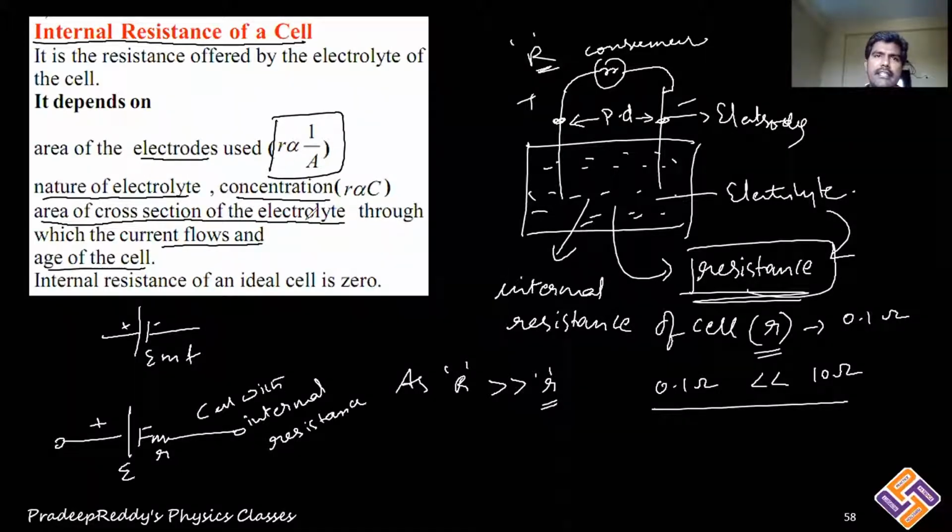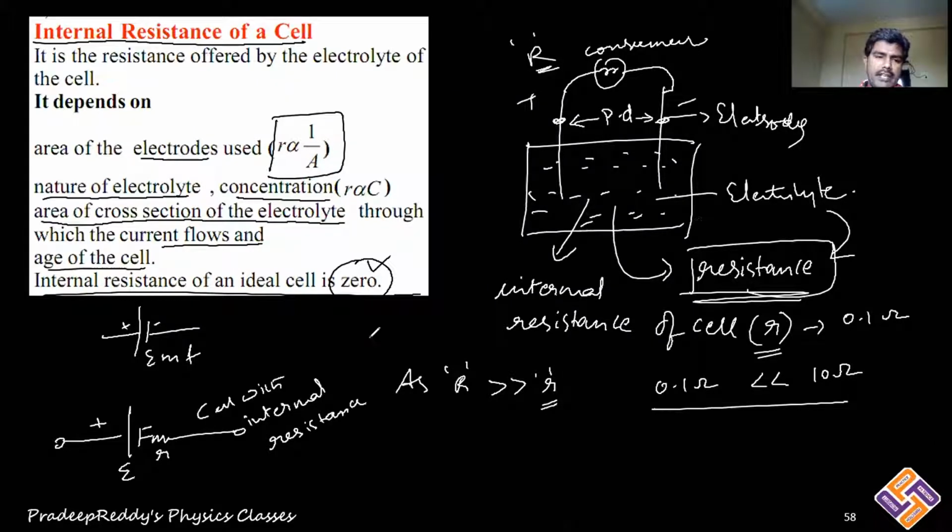So as age increases, internal resistance increases. The internal resistance of an ideal cell is 0. Remember that in all theoretical questions we will be considering that the cell is ideal. An ideal cell does not offer any internal resistance. Ideal means a perfect cell, so for a perfect cell, internal resistance is negligible, and we will consider it as 0. Practically, every cell will have some internal resistance. Practical cells do offer some internal resistance.